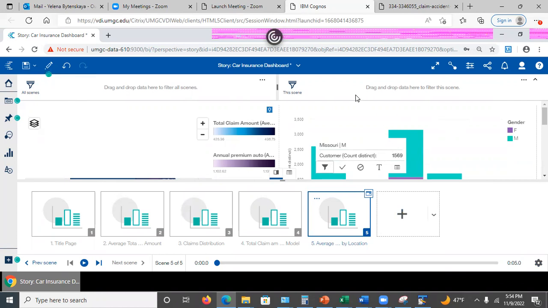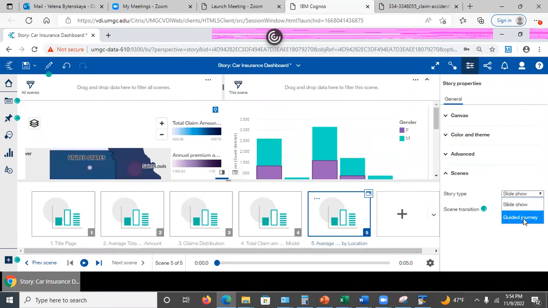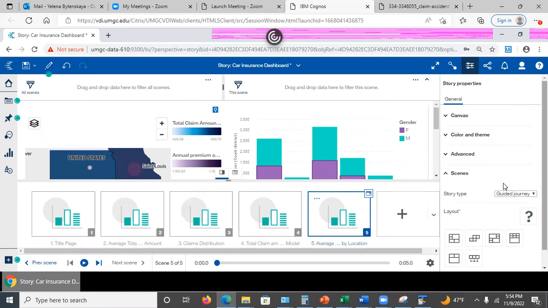How do I know I'm in the edit mode? First of all, I see what? This filters area, right? Okay, so I'm gonna go in here. It's here. And now I'm gonna select the guided journey. The main difference is that in the beginning, you're gonna see